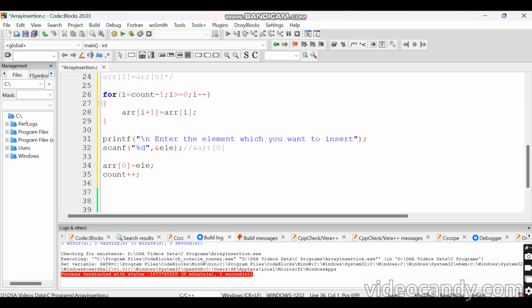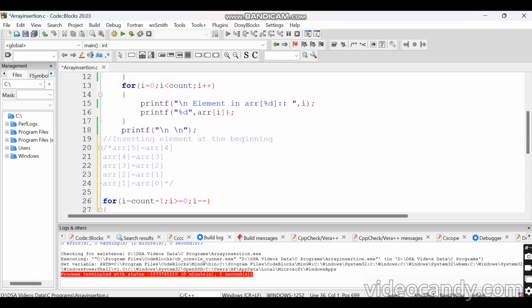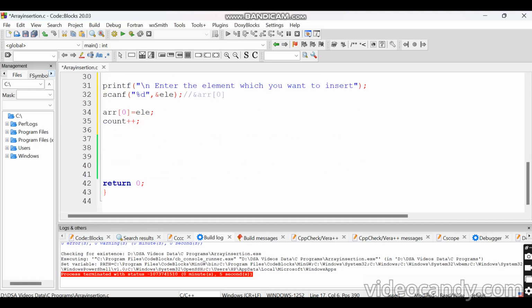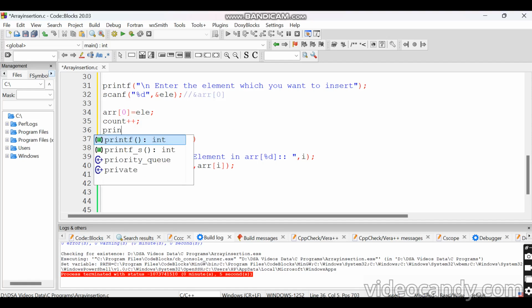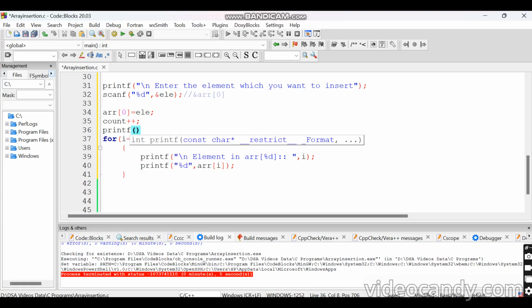And again, if I want to display the array, I'll copy this code of displaying, and here I'll just paste it. This is one way of shortcut; you can even write a display function also. One by one we'll see later how you can optimize your code. This is just the basic. Whenever you have started, this is the basic to do. Here I'll just print one statement that